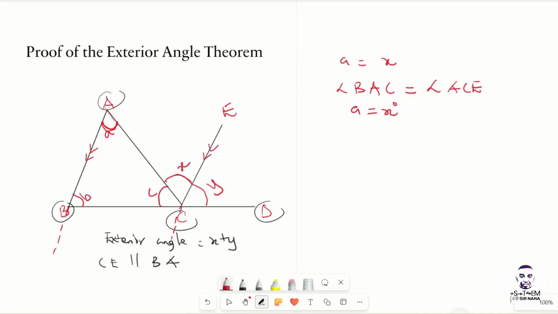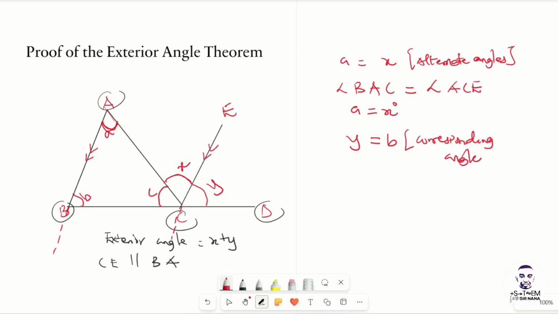Now we also see that our Y is equal to our B. So A is equal to X because they are alternate angles, as we learned earlier. And then Y is equal to B because they are corresponding angles. So the angle on the outside is equal to the angle on the inside here. So they are corresponding